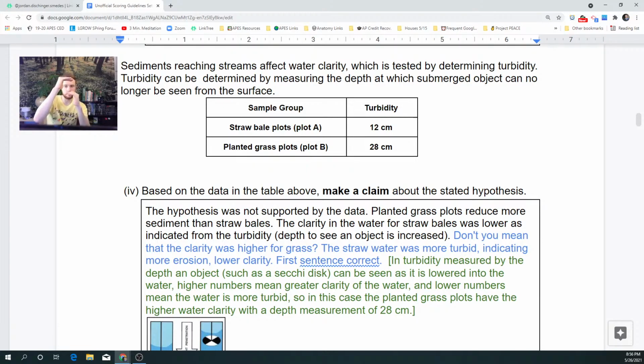It means 12 centimeters below the water, you can't see the disc anymore. But with the planted grass, 28 centimeters below the water, you cannot see it anymore. That means it's further down. That means all